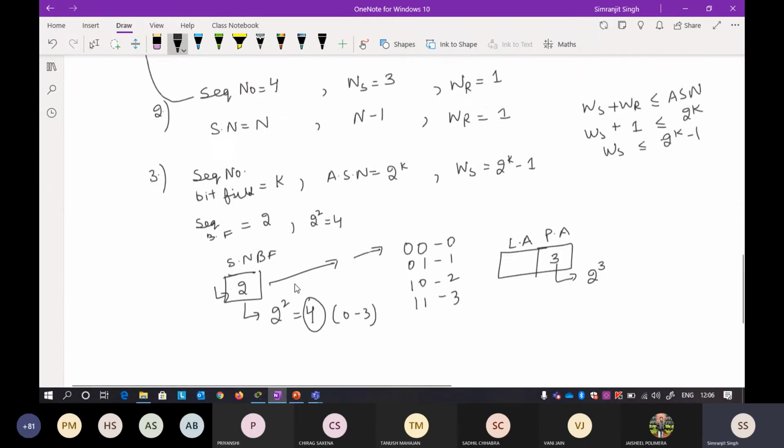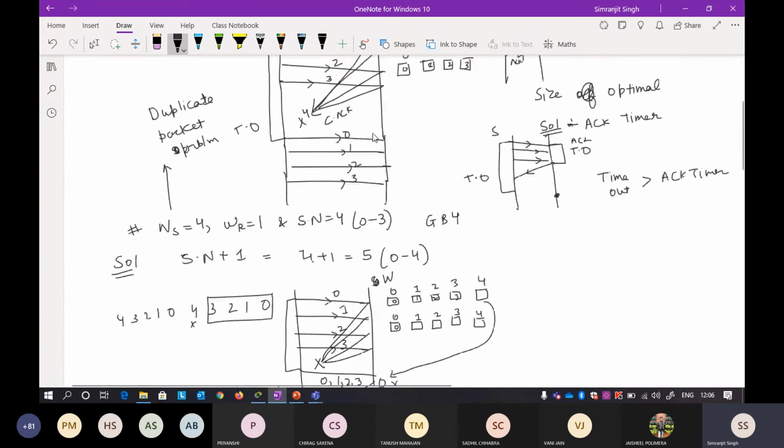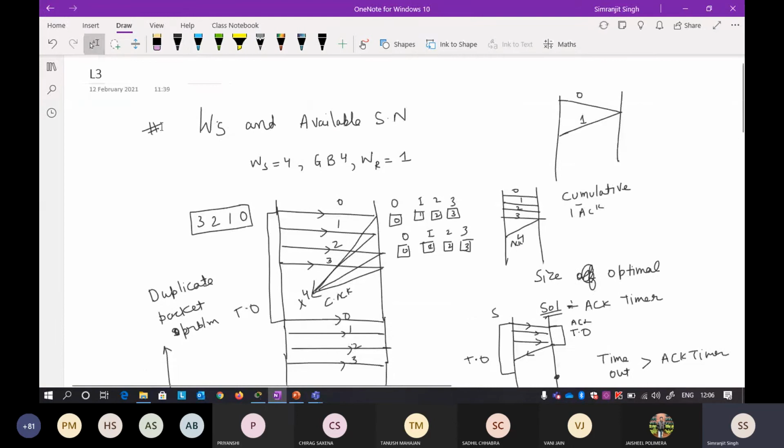This particular formula, used to find the sequence number, is very, very important: the relation between the sender window size, the receiver window size, and the available sequence numbers. This is, I will say, the foundation of your flow control mechanism,